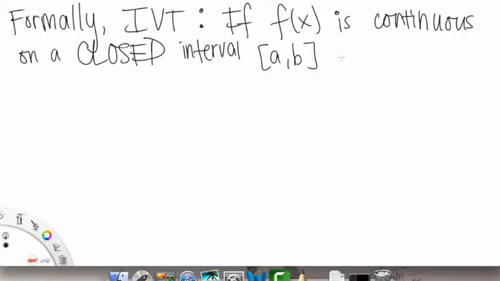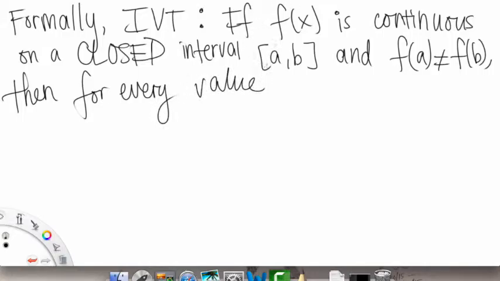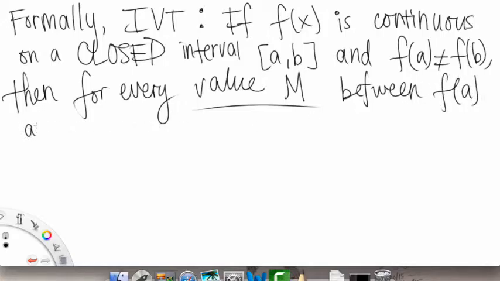And if f of a, the function evaluated at a, is not the exact same as the function evaluated at b, then here's our conclusion from the theorem: for every value m, and value meaning the y value, the f of x value, not the x one, between f of a and f of b,